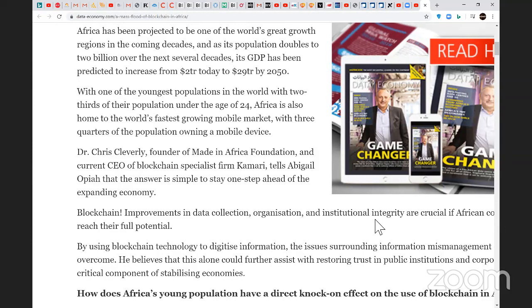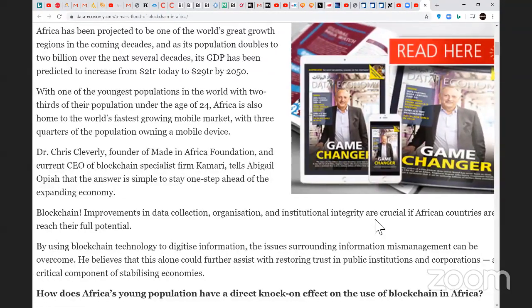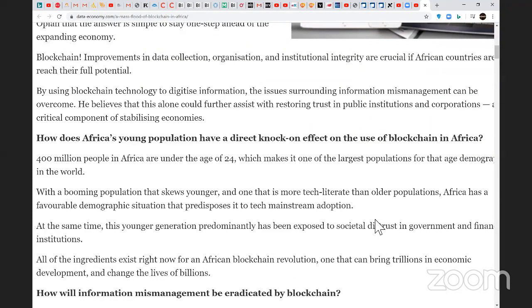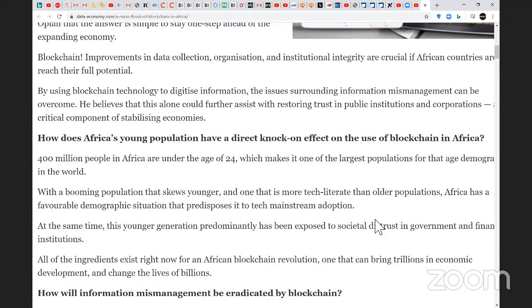Blockchain improvements in data collection, organization, and institutional integrity are crucial if African countries are to reach their full potential. By using blockchain technology to digitize information, the issues surrounding information mismanagement can be overcome. He believes that this alone could further assist with restoring trust in public institutions and corporations, a critical component of